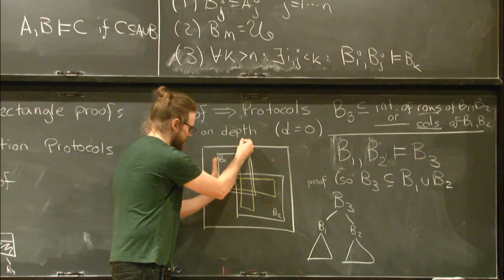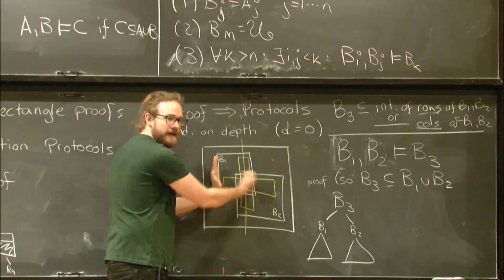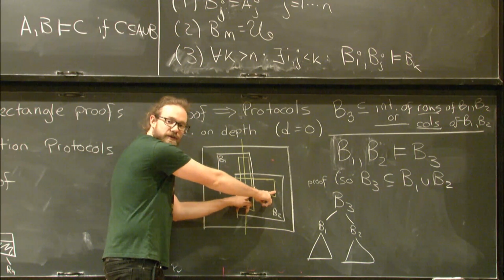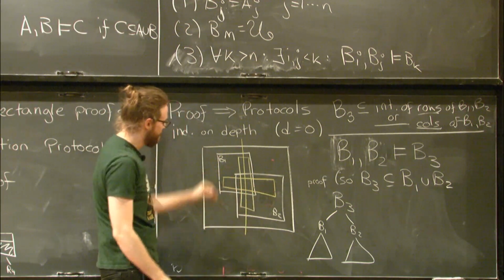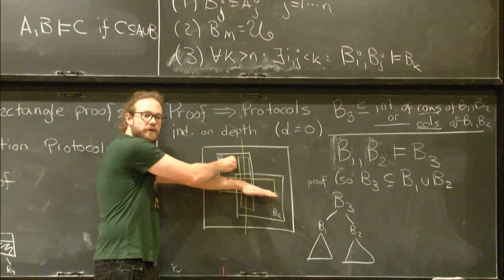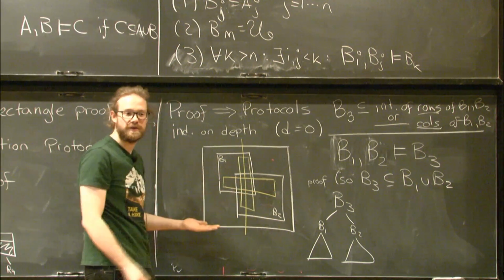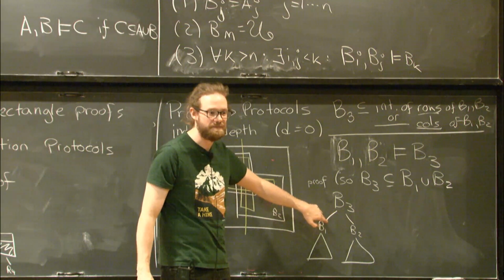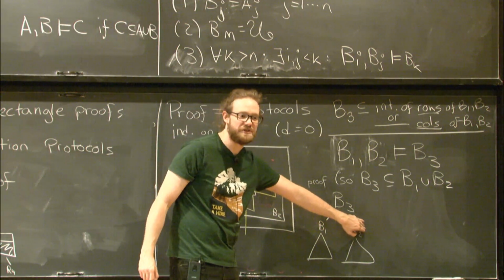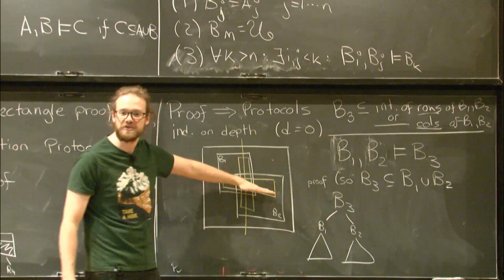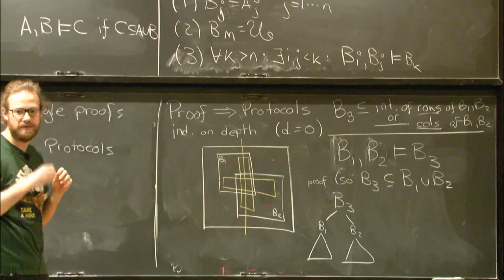So it's the column player's job to tell you which protocol to run on either side, from the top down. And if it's contained in the columns, then it's the row player's job to tell you either run the protocol for B1 or run the protocol for B2. Right? So this tells you exactly what bit to send. And the person who speaks depends on whether it's contained in the intersection of rows or the intersection of columns. Does that make sense?